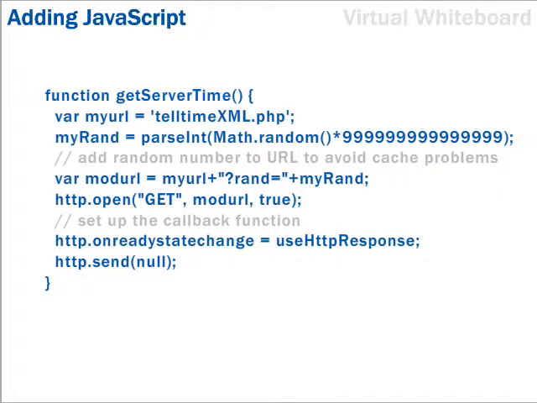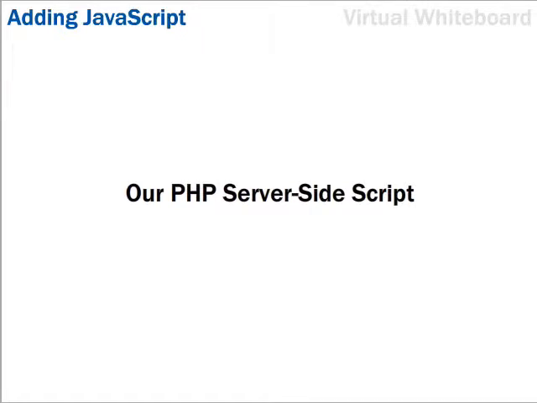Once again, we have added a parameter with a random value to the URL to avoid any cache problems. Our callback function is named useHTTPResponse and is called each time a change is detected in the value of HTTP's ready state property. Before explaining the operation of the callback function, we need to refer to the code of the simple PHP server routine